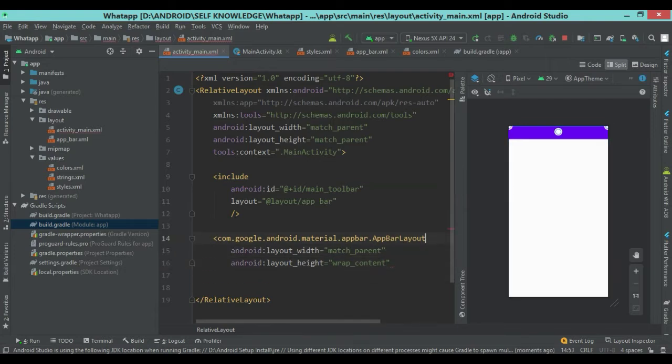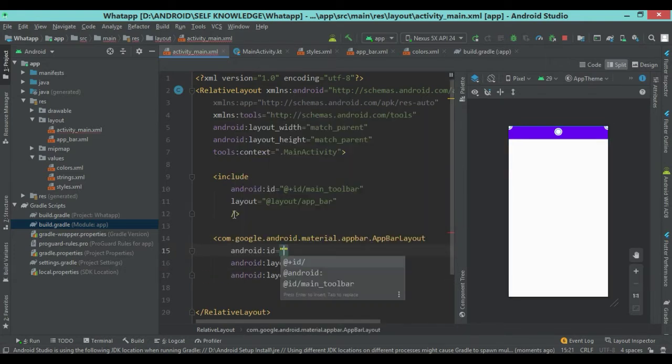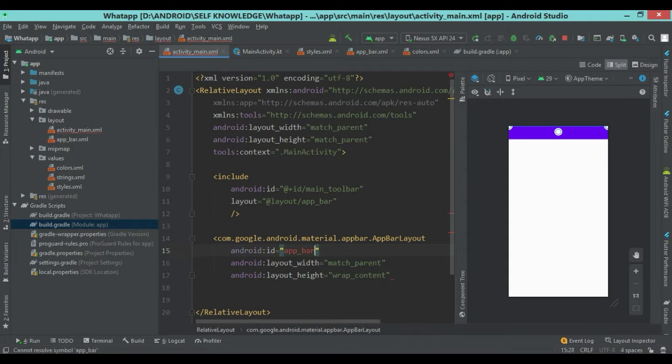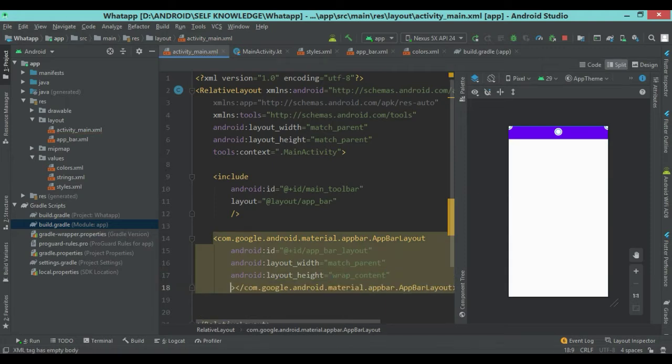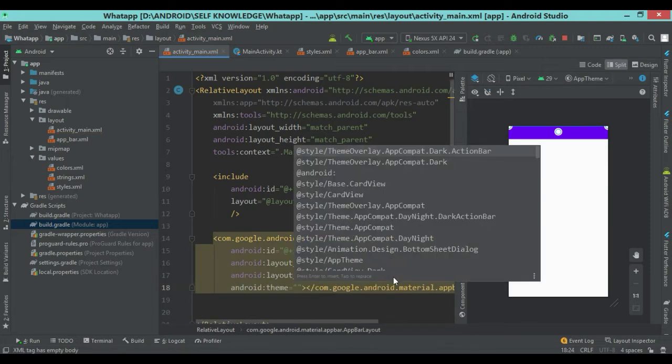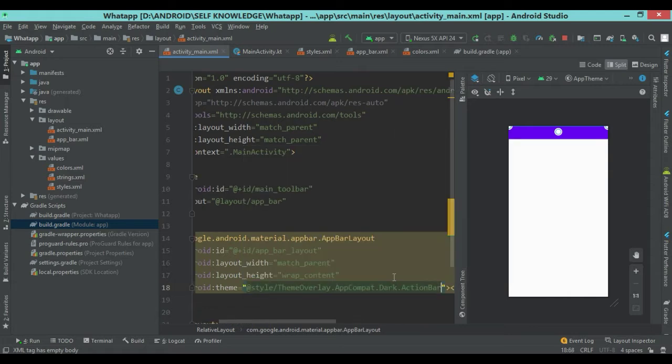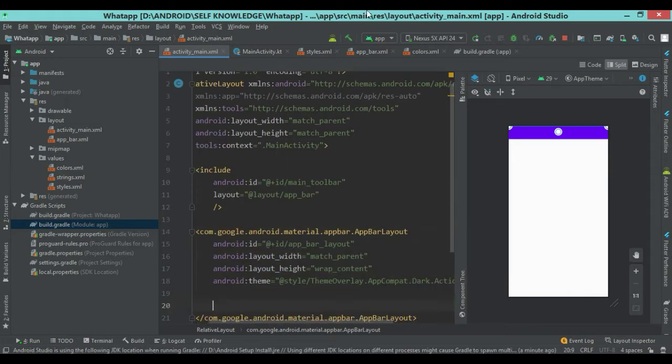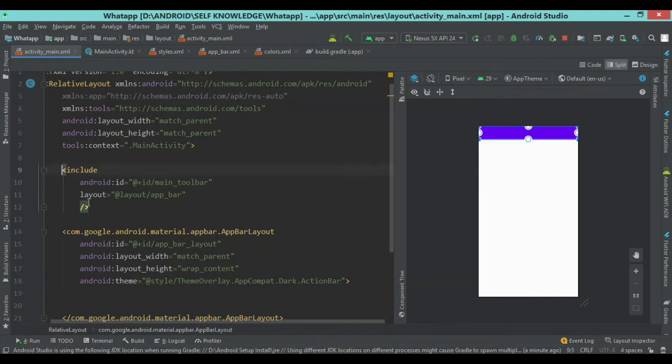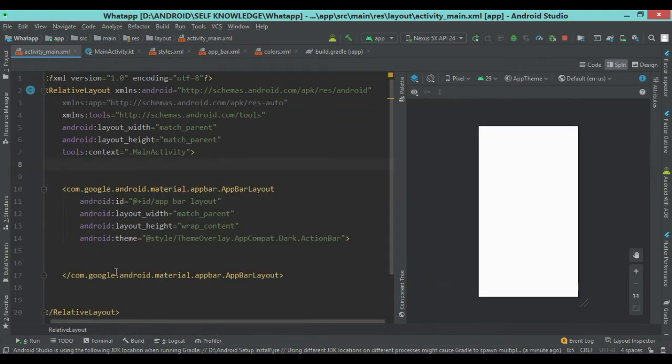Give ID as appBarLayout, and set the theme for this as dark action bar. Okay, now you have to paste this toolbar code inside this.